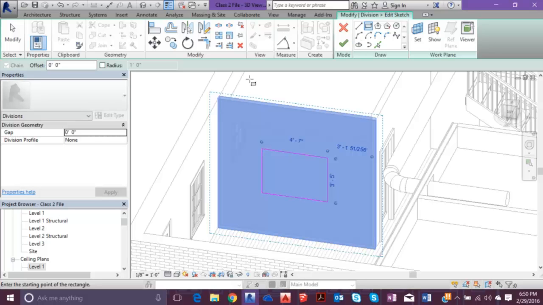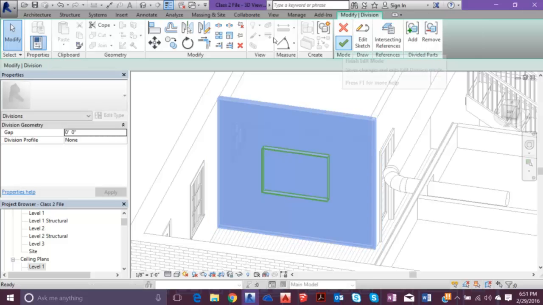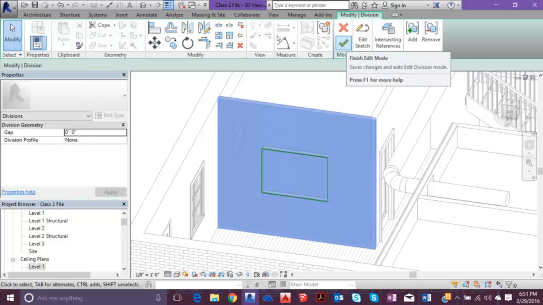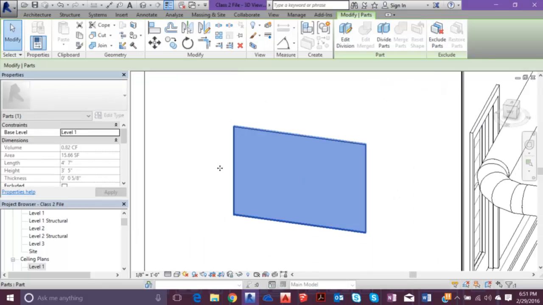Oh shoot, I'm making another opening. Let's go ahead, let's define this like the Firebirds wall and just define it into a different part. Regardless, we need the same thing. We'll just make this a rectangle, and we'll select OK. And as you see here, it's a little square within the part,